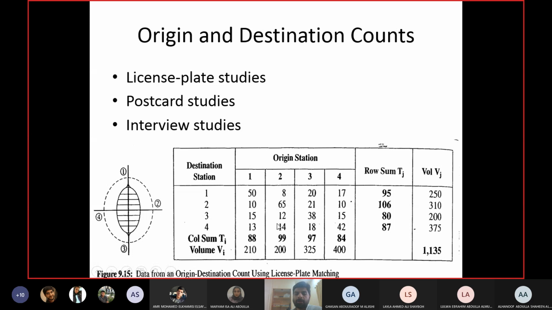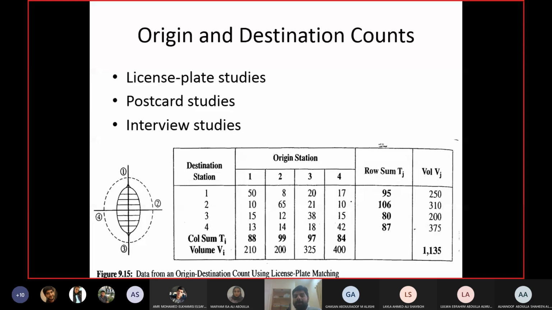So to find out the full count, I have to calibrate this matrix. How do I calibrate? First of all, I go to the field, and for each area, I will take the volume of people coming in and going out. So at each entry and exit point of the same areas, of these 4 areas for example, I will collect the volume of people coming in and going out.